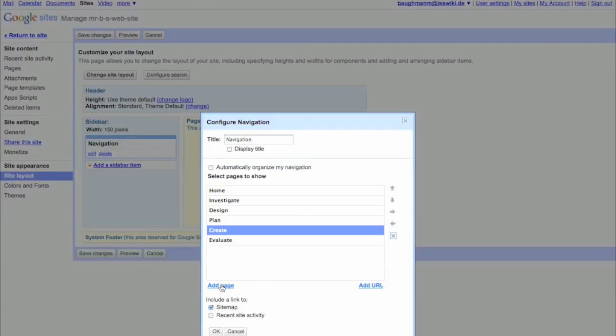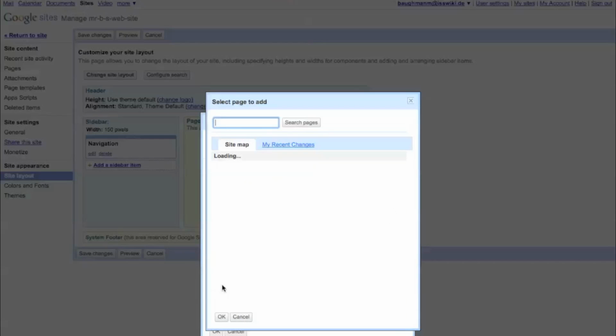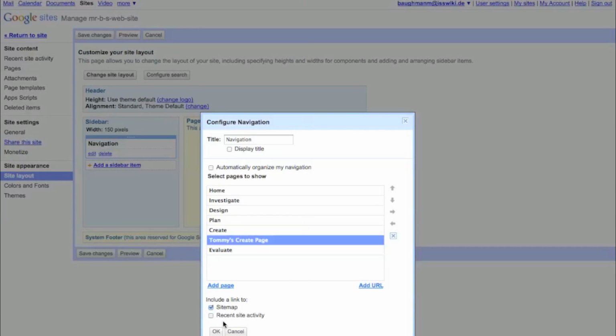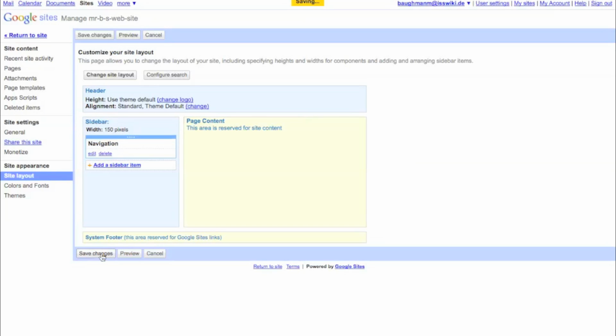Now, one thing that you might have to do is, after you have unticked automatically organize my navigation, you might create another page. Because you unticked automatically organize my navigation, it will not show up automatically in the sidebar. So you have to go here to add page, and you grab the page that you want to add and you press OK. And now we want to make Tommy's create page a sub page of create. So we'll push over to the right and press OK, and then we'll save changes, and then what you can see on the left